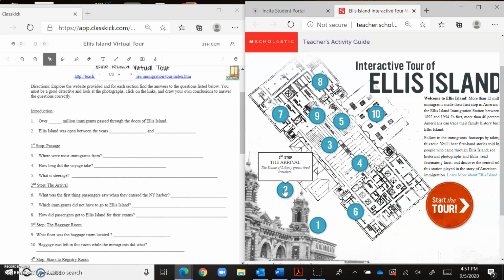And then they arrive here, and it talks about the Statue of Liberty greeting tired travelers. Then you're going to go to the third stop, the baggage room, and the fourth stop, the stairs, and the fifth stop, the registry room, all through all 10 of these. It's really quite interesting, and I love